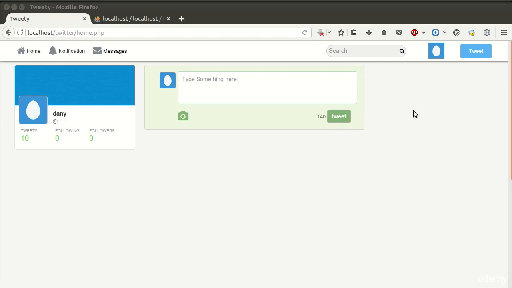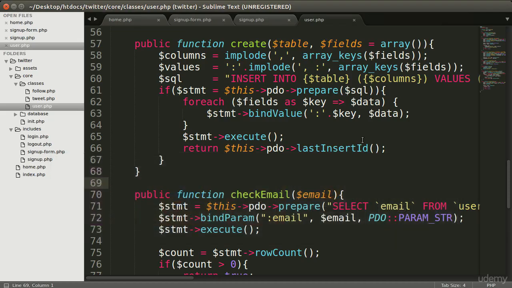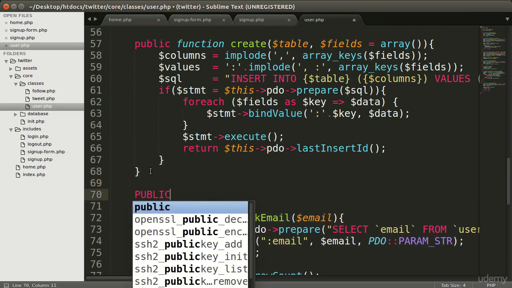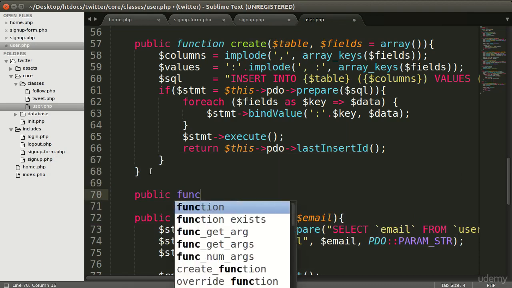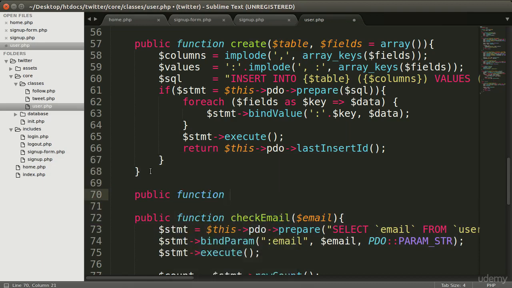Hello and welcome back. In this lecture, we create an update method to update our database. So whenever we want to update our database, we will call our update method. So go to your users class to create that method, and below our create method, we need to create a new public function. So public function, and the name will be update,